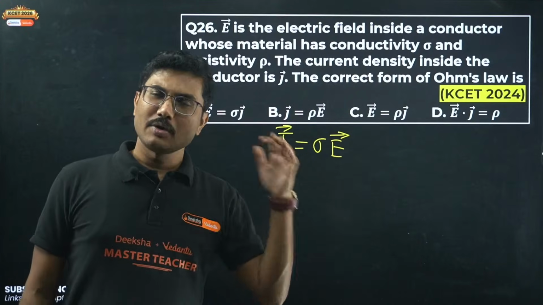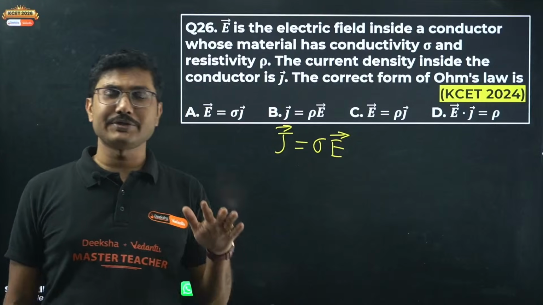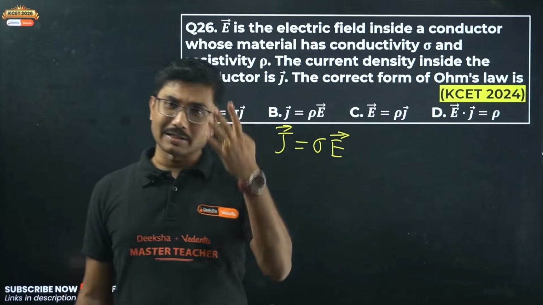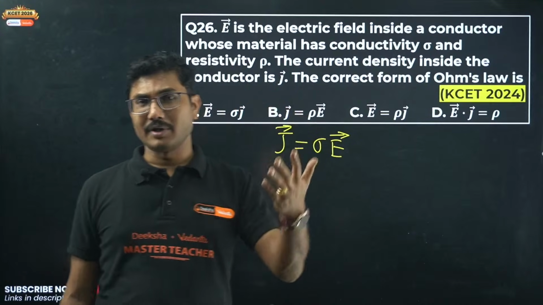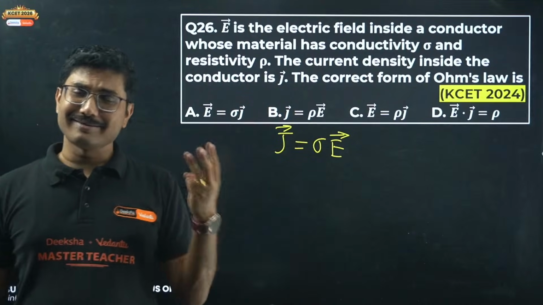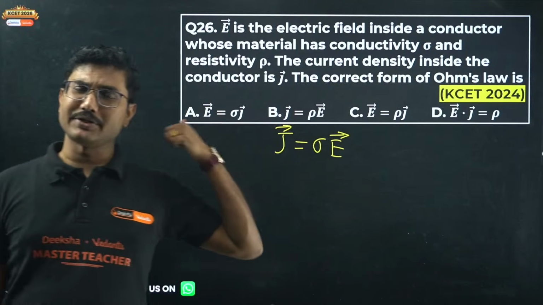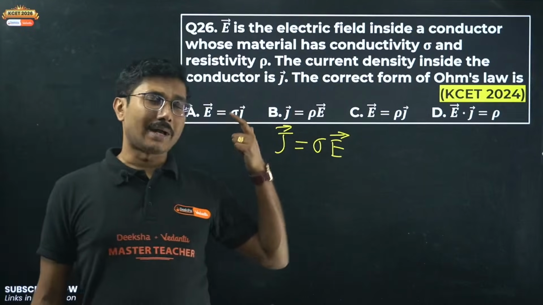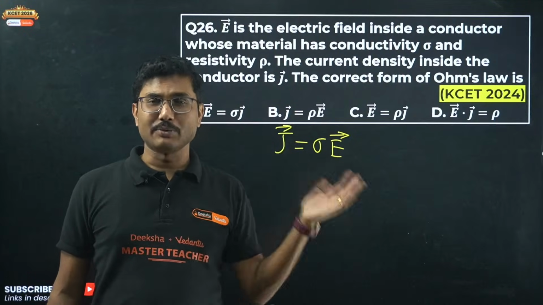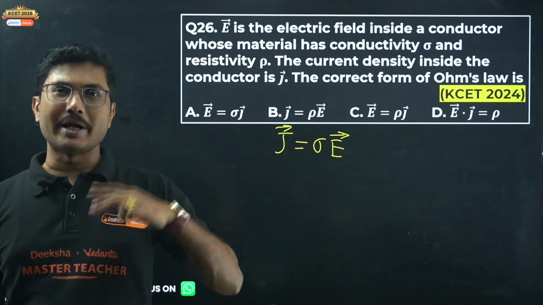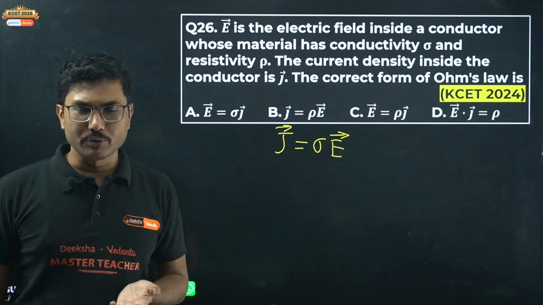Ray optics, 4 to 5 questions. Then we have moving charges and magnetism, another 4 questions. We have alternating current, 3 questions. We have wave optics, 3 questions, dual nature, 3 questions. Atoms and nuclei, it used to be 3 and 2. Now last year onwards it is 2 and 2. So each chapter is going to give you 2 questions.